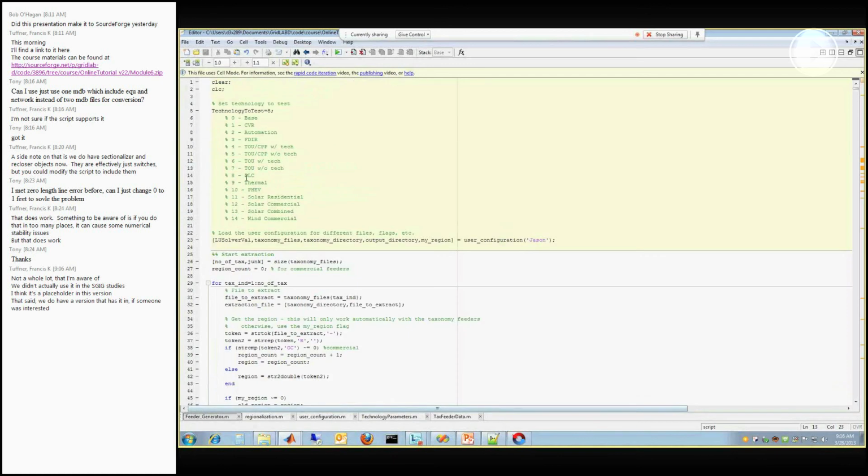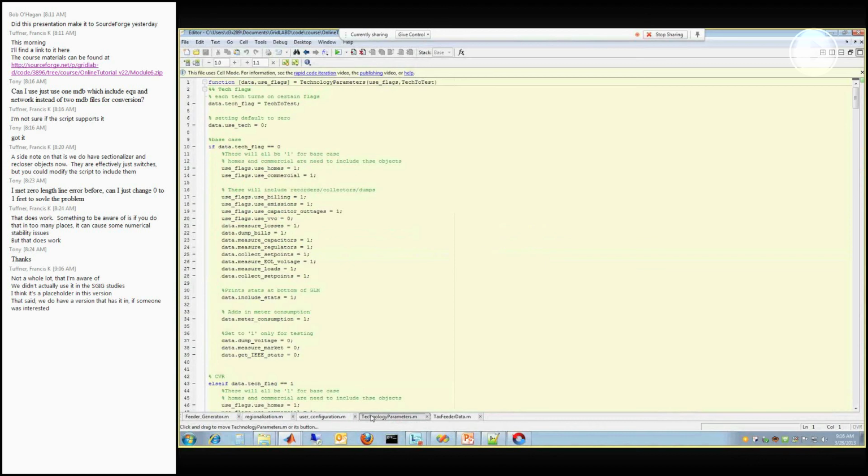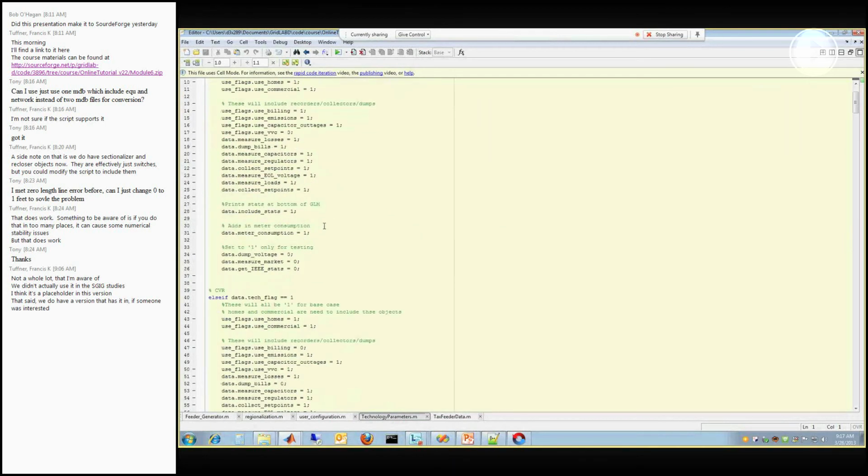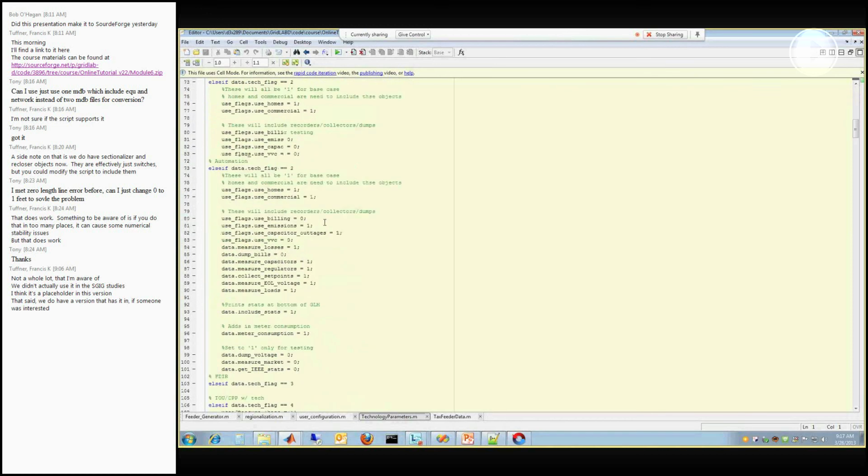So when we look at the technology to test, this is giving us, say, we want direct load control. Well, what does that mean? There are certain technologies that we're going to add to this model to populate it. So what this does is activate those flags. So for example, if we look at